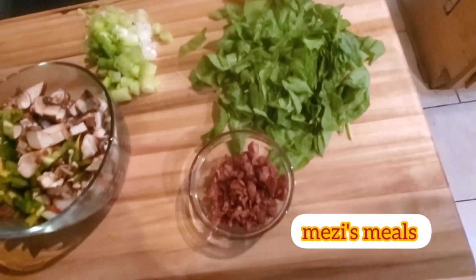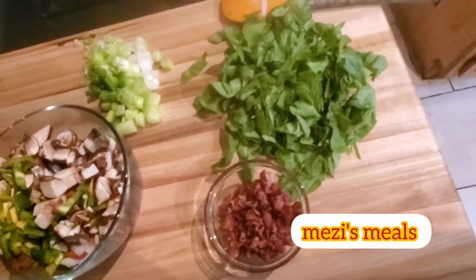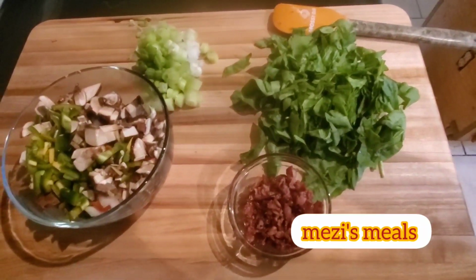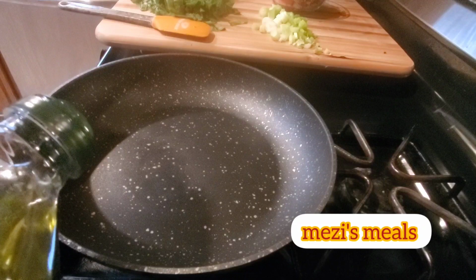I also had some cooked bacon. We usually eat turkey bacon in our home, so I added that too. So here I have a non-stick 10-inch